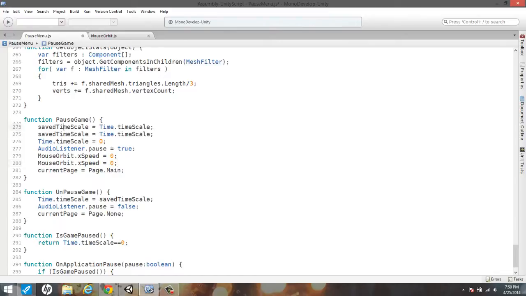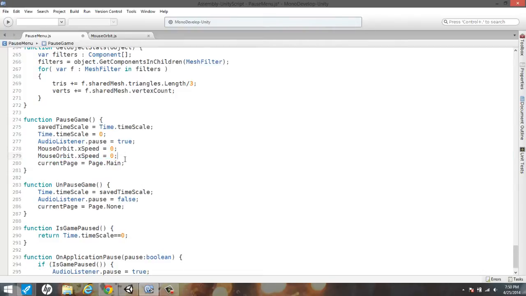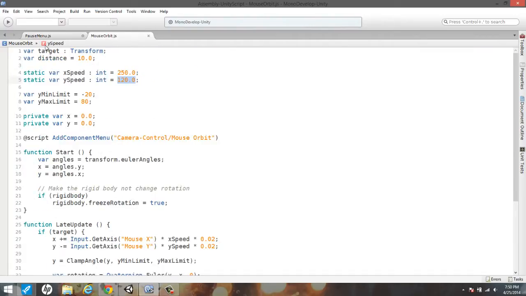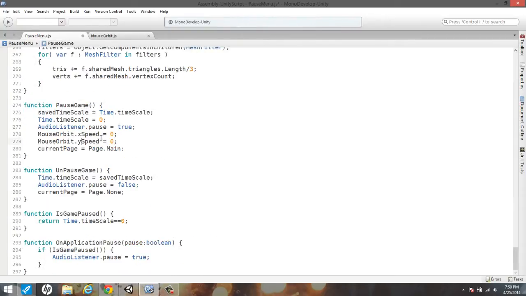I don't know what just happened. That's weird. Okay, never had that happen before. That was certainly a unique issue. We'll also be setting up the Y speed and setting that to 0. Now that we have X speed and Y speed set to 0,